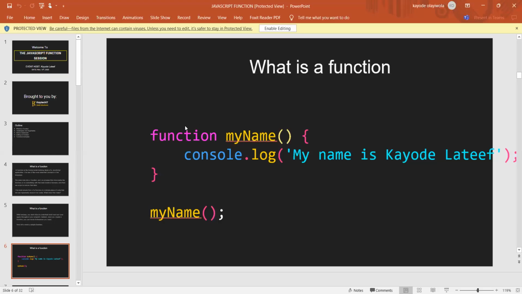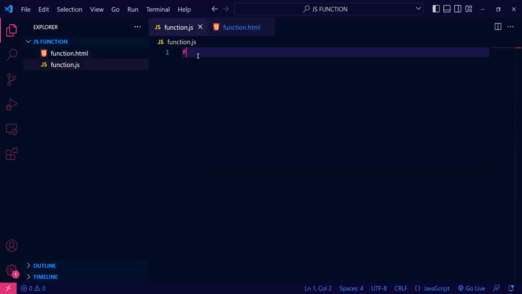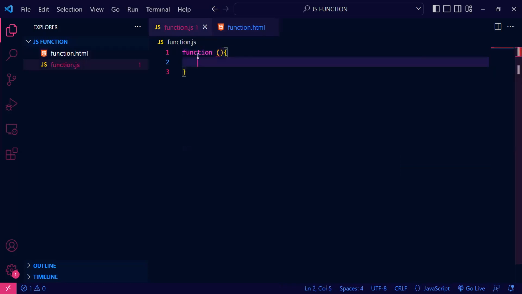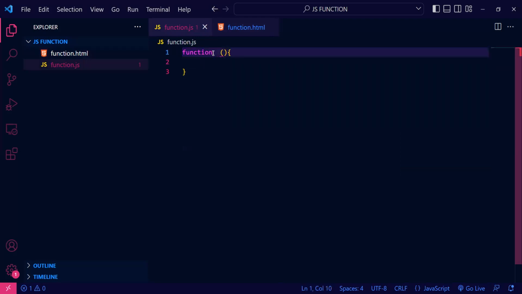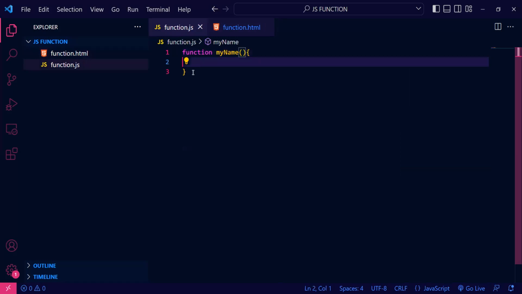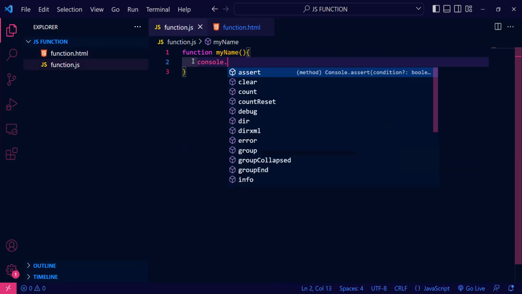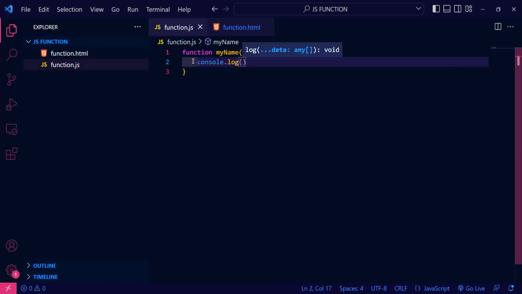To create a function, use the function keyword. So the function keyword, function, then curly brackets. This function must have a name, so we give it a name. Let's say the name of my function is myName. So inside the function, what do I want to do? I want to console.log, probably, my name is